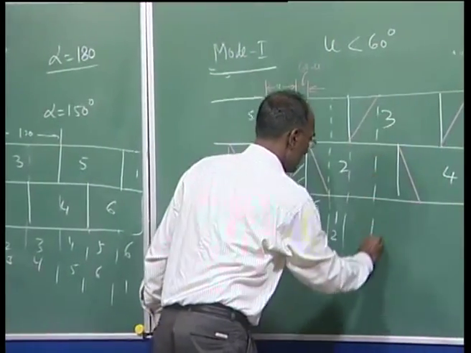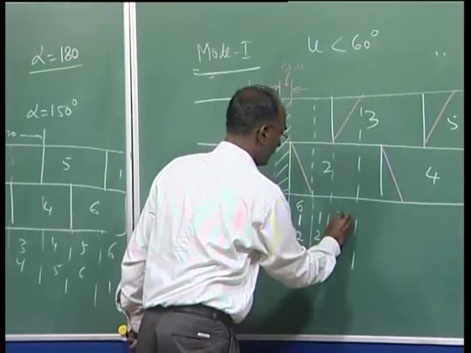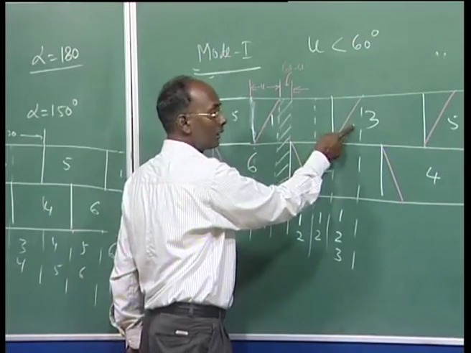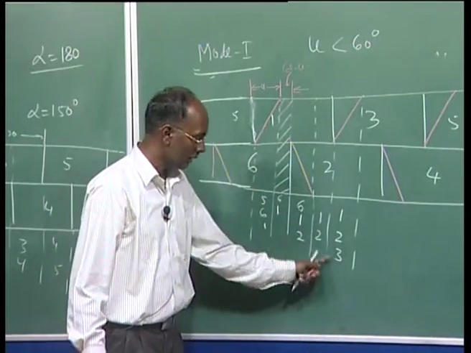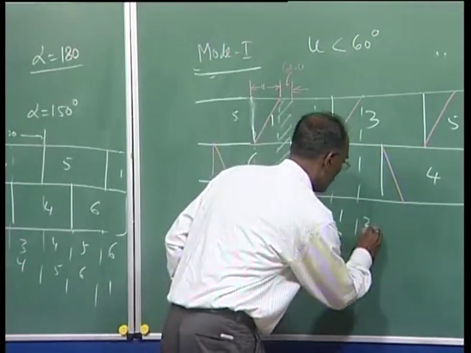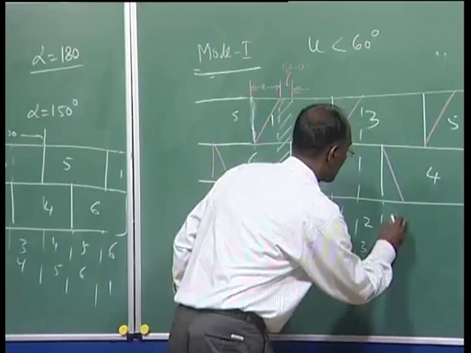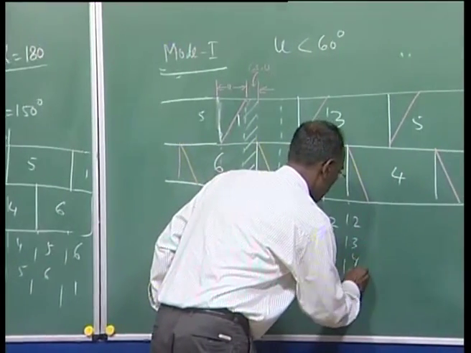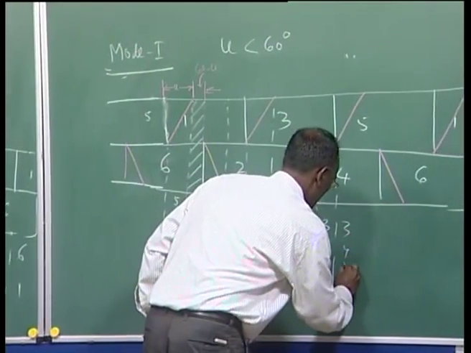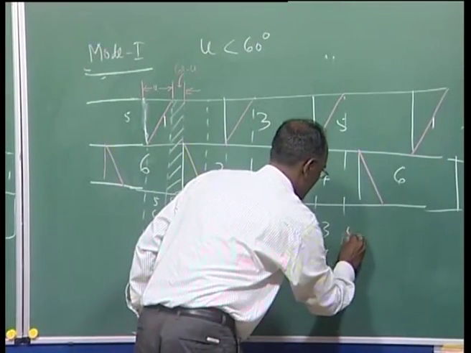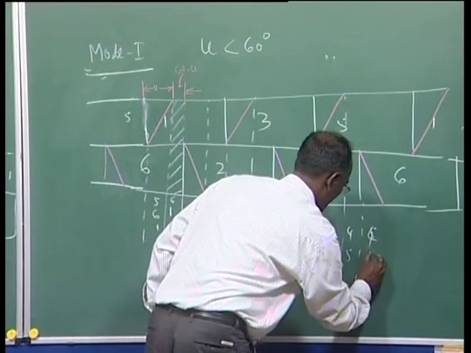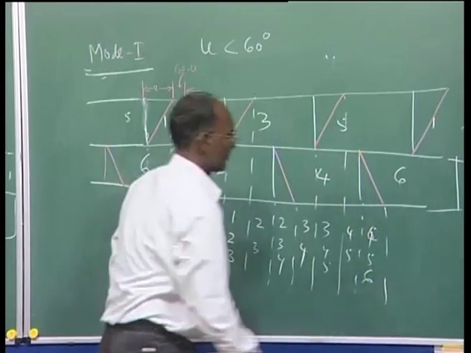Similarly, you can see here it is your 1, 2 and 3, because the commutation between 1 and 3 is taking place. So here the 3 is getting the pulse and 1 and T2 are commutating. So again you will find 2 3, and again I can keep on writing here 2 3 4, and here 3 4, here 3 4 5 and so on and so forth. We are getting here 5 4 5 6 and so on and so forth.